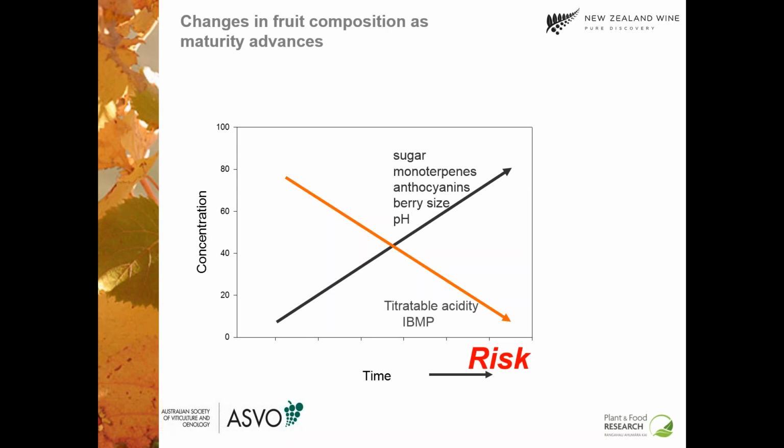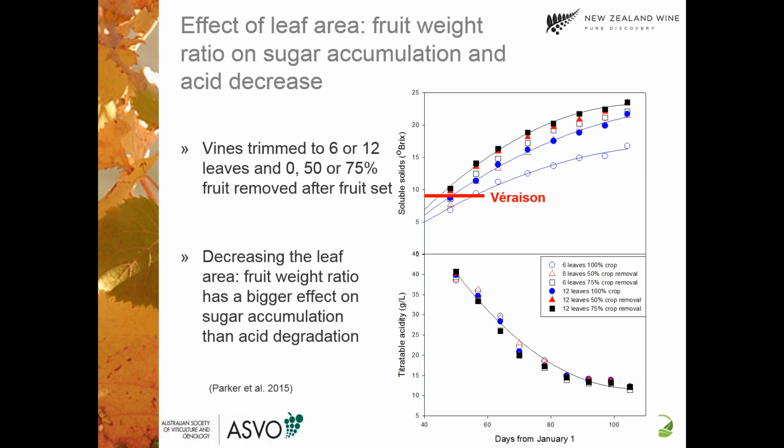While we have this general relationship between the composition of the fruit and time, to what extent are they actually linked? To what extent is the change in the sugar linked to, say, the titratable acidity, and can we manipulate that? Now, some of the recent research that we've been doing here, particularly Amber Parker, has looked at changing the relationship or the ratio between the leaf area and the fruit weight, the crop load. In experiments that we've undertaken, when I say we, it's the royal we, predominantly Amber has undertaken, she's looked at changing the leaf area from 12 leaves to 6 leaves and